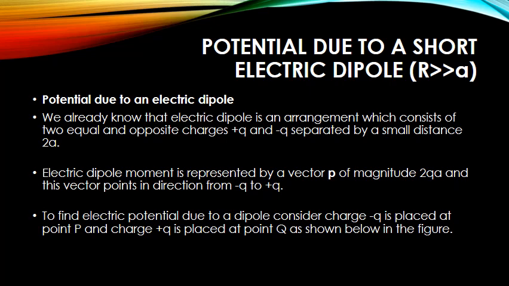There is a vector called the electric dipole moment vector associated with an electric dipole that points from the negative towards the positive charge. We shall here try to find out electric potential due to an electric dipole by using the superposition principle of electric potential. We know electric potential is a scalar quantity. So if we have a system of charges consisting of a large number of discrete charges or a continuous distribution of charges, the electric potential at a given point due to this system will simply be equal to the algebraic sum of electric potential due to all the charges of the system.